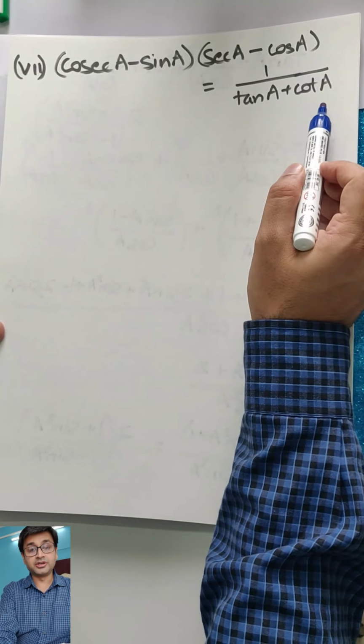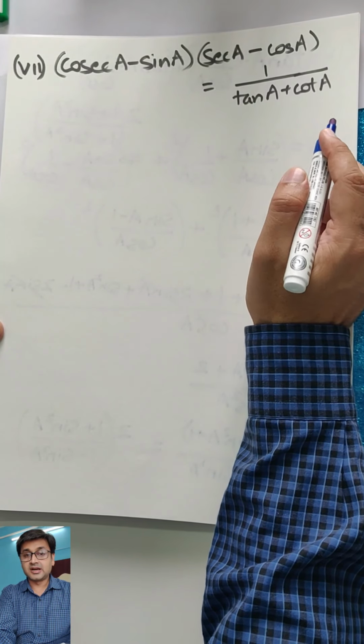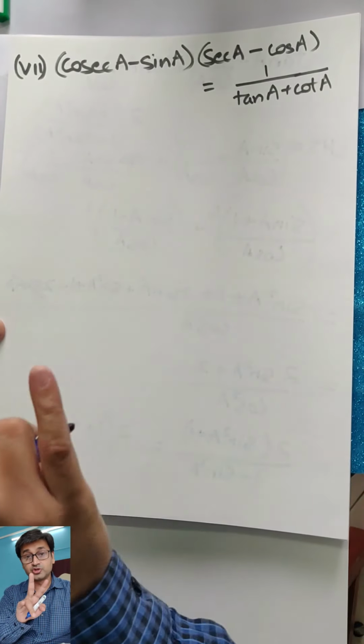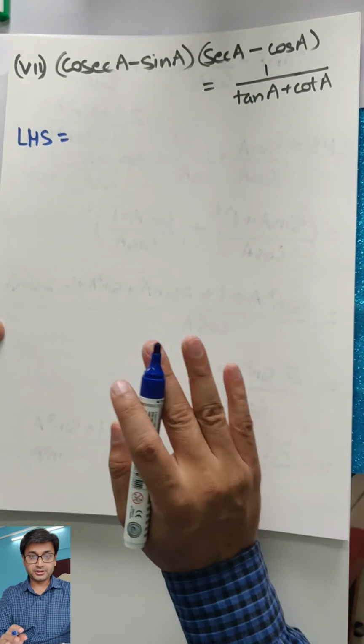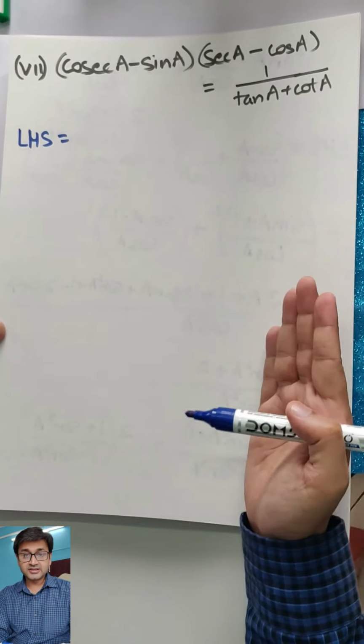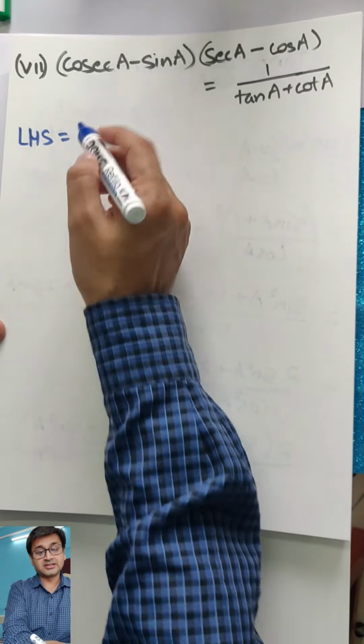Sum number 7. This is given and you have to reach here. Now this is a special sum. Here you won't be able to directly start and get the other part. You'll have to use both parts. So let's first use the LHS and reach a particular point. Then we'll use the RHS, reach a particular point, and both points will be equal. That's a classic different sum.